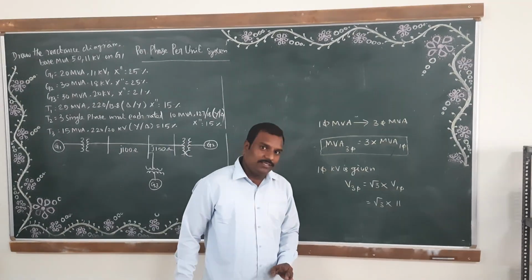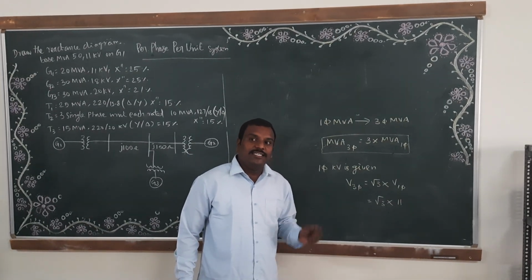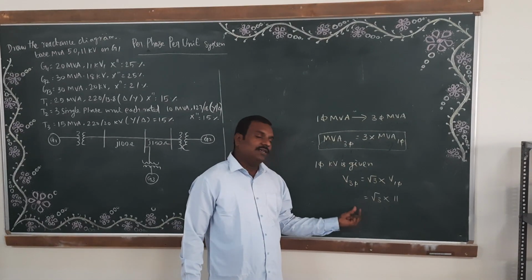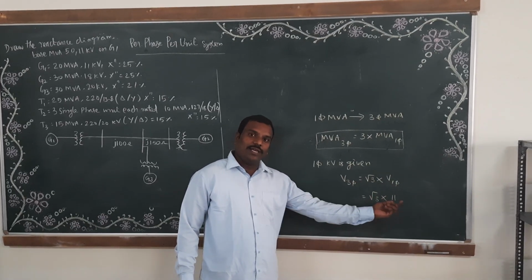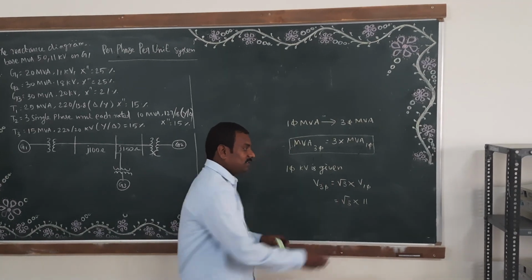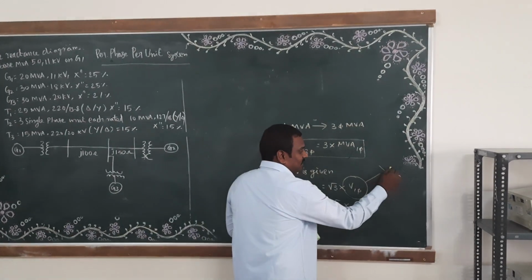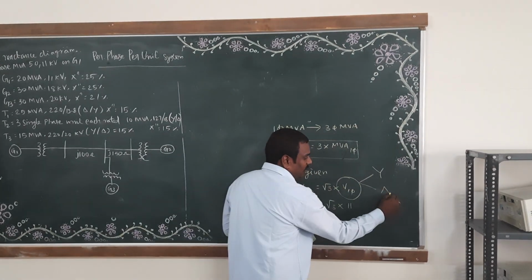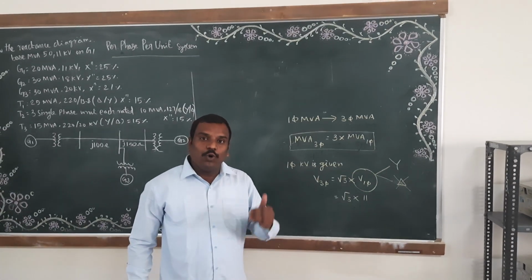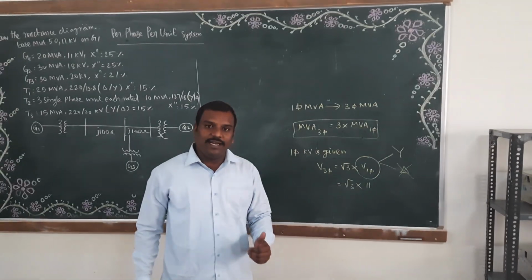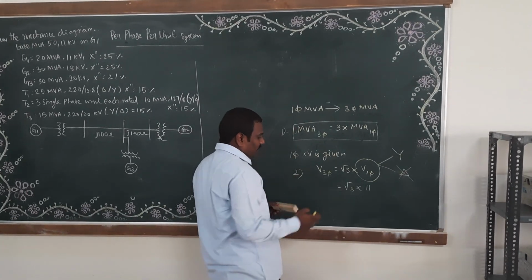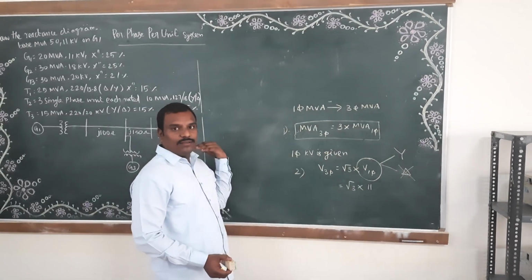Okay? Now the concept is, if the single phase MVA is given, just by multiplying with 3, you can get three phase MVA. If they give single phase voltage, just by multiplying with root 3, you can get the three phase voltage. One more thing you have to understand, the single phase voltage is possible only at the star side. It is not possible on the delta side. Okay? On the delta side we are unable to get the single phase connection. Only from star connection we can get single phase voltage. Okay? So this is the first concept. This is the second concept. With these two concepts we are going to solve our next problem.